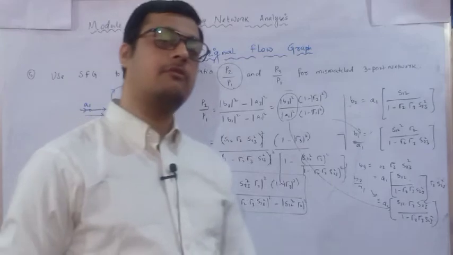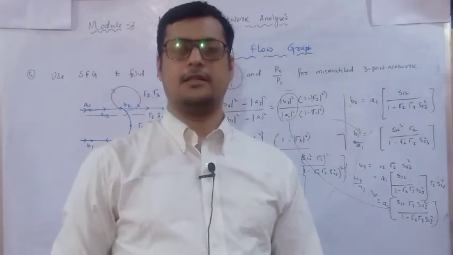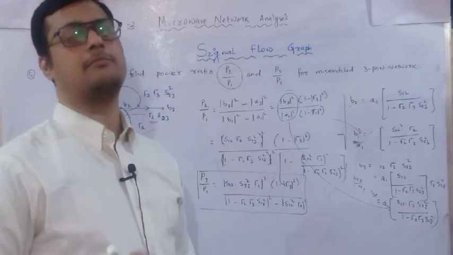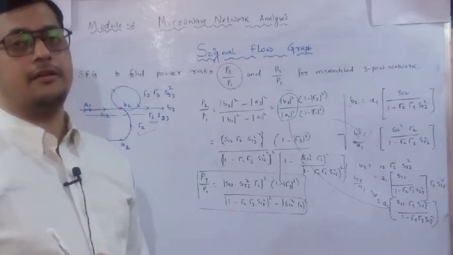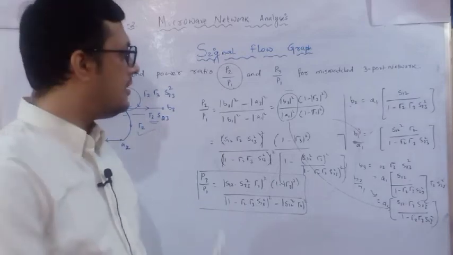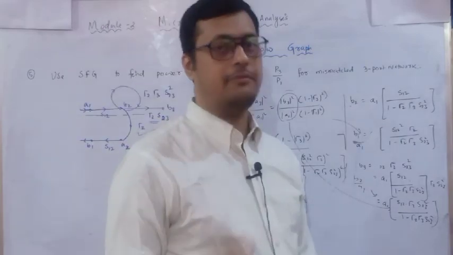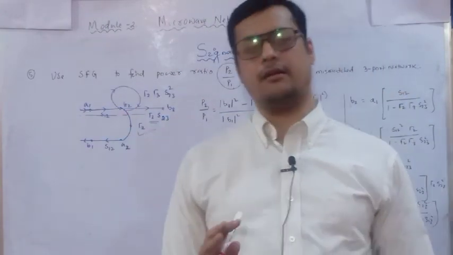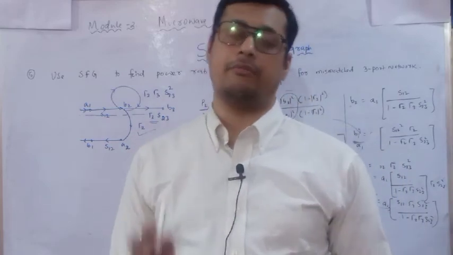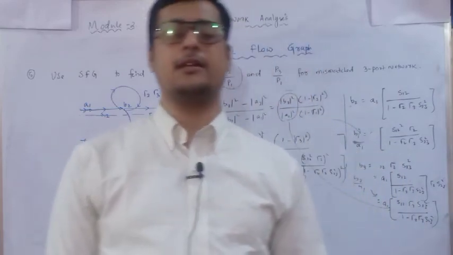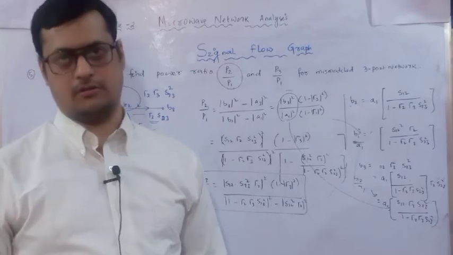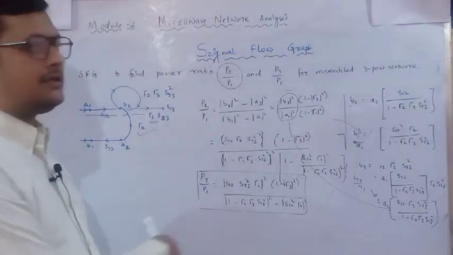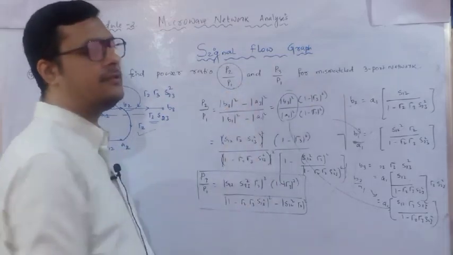So these sorts of questions may come in your exam. These questions will come in terms of 10 marks or 6 marks as per the given distribution of marks. These sorts of questions they are definitely going to ask. Okay, so this is the utilization of a signal flow graph for the analysis of a 3-port network. Similarly, they may ask about a 4-port network also. Okay, so if you analyze this particular relation, it is very easy to substitute in this particular value.